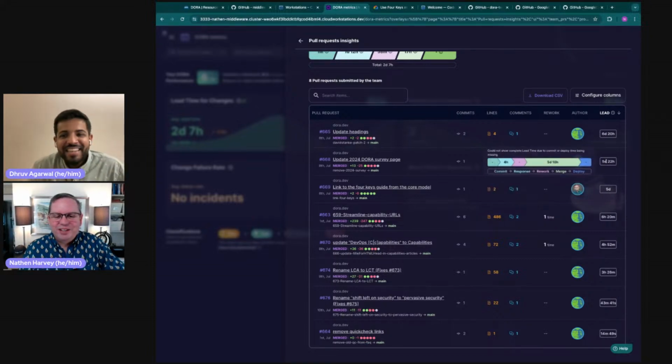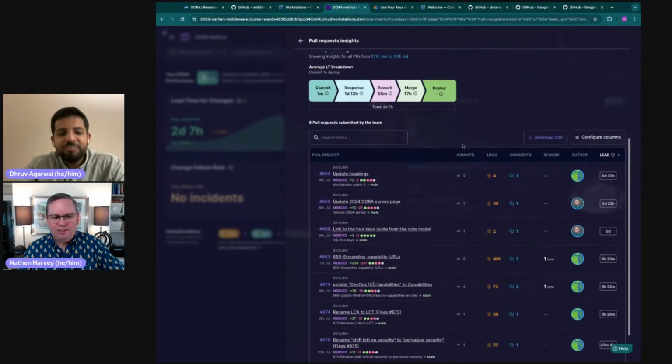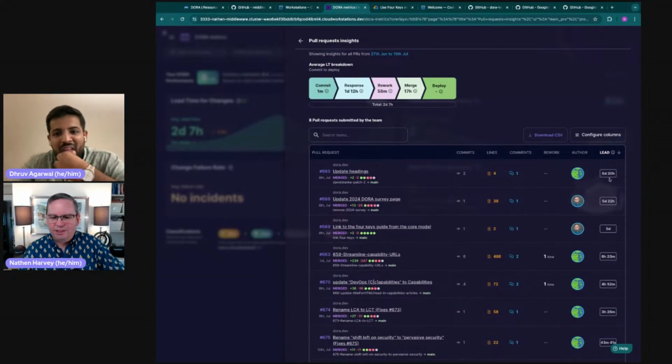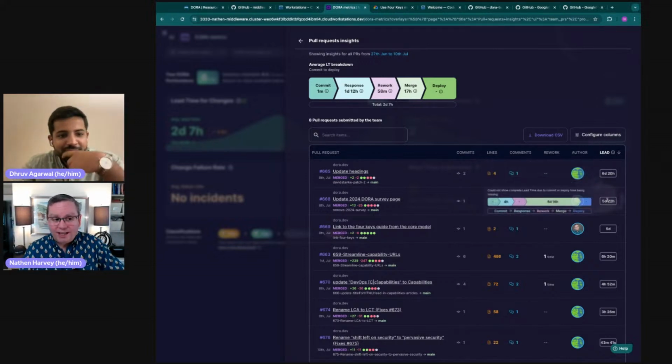Yes. I love how this breaks down to show you those averages across all of those times. If I were looking at this, these are great signals, and the action that I might take, this response time seems like it's the bottleneck of these 5, right? But then interestingly, if I look at a couple of these pull requests, this one that took 6 days, the response time looked like it was again the bottleneck. This one that took 5 days, it was actually the merge time that was the bottleneck.